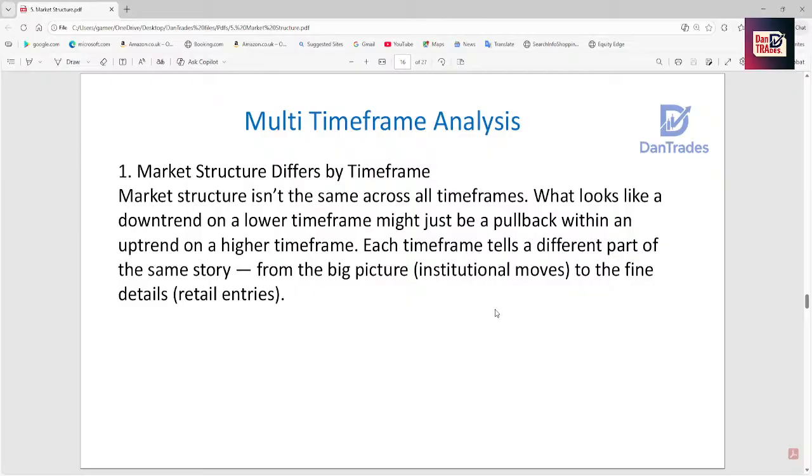Multi-time frame analysis. Now we are getting to the use of multiple time frames to know your structure of the market. Market structure isn't the same across all time frames. What looks like a downtrend on a lower time frame can be an uptrend on a higher time frame. Each time frame tells a different part of the story, from the big picture